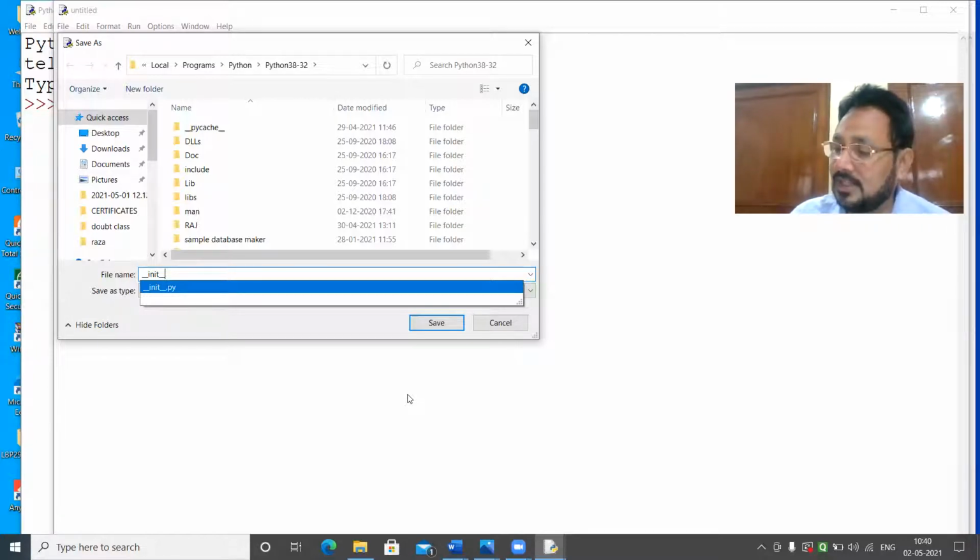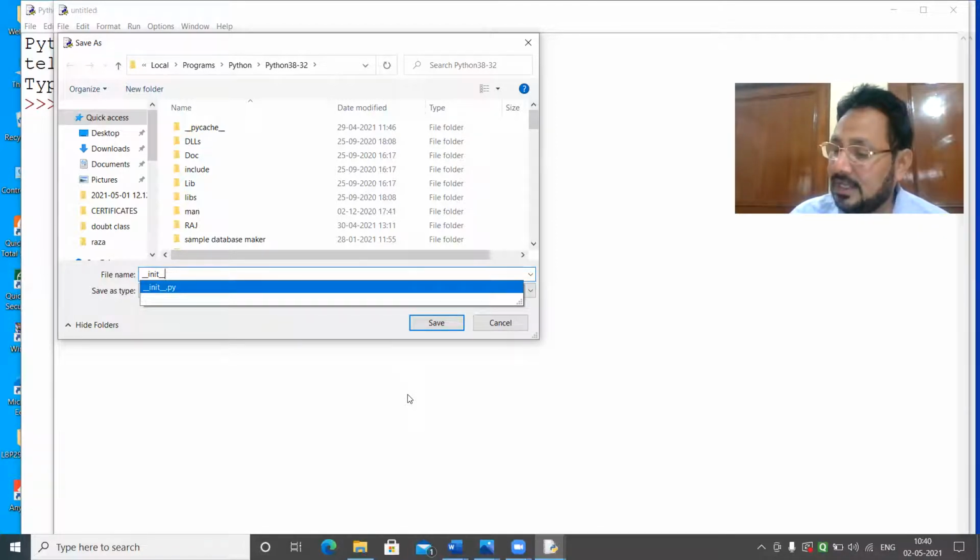So I repeat, the file __init__.py in a folder indicates it is an importable Python package, meaning you can call it in your program. Without __init__.py, a folder is not considered a Python package.